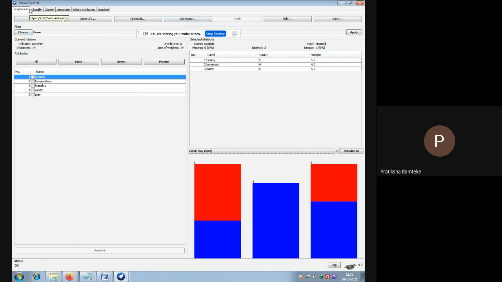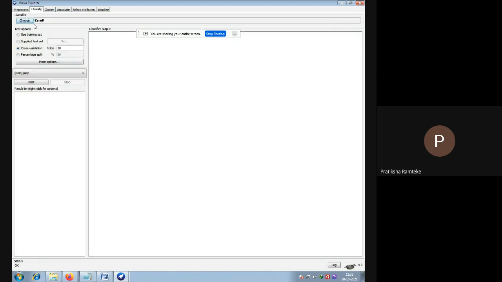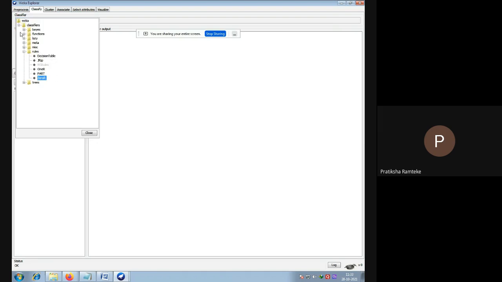Next, classify. So next selecting classify, there are different options. Classify, choose option. We can select any algorithm here.